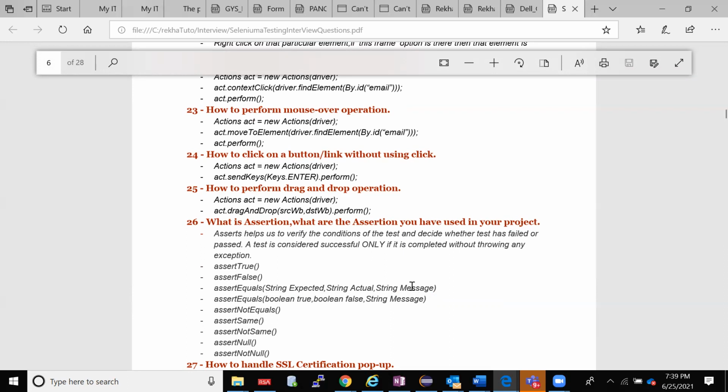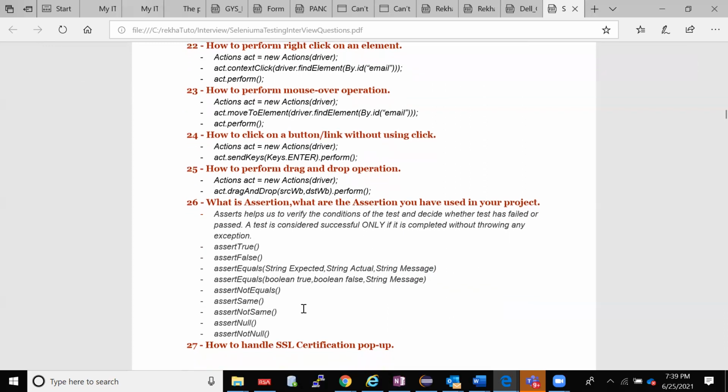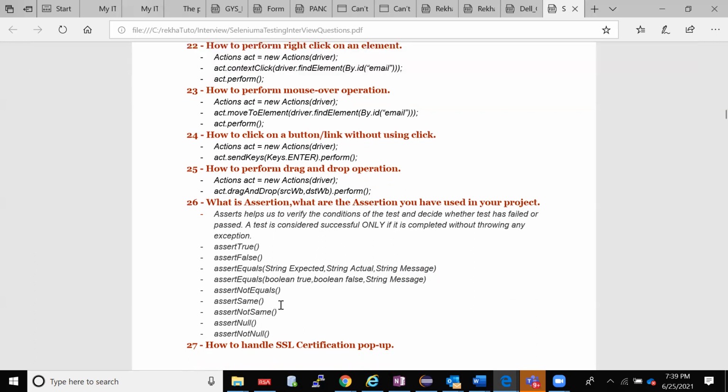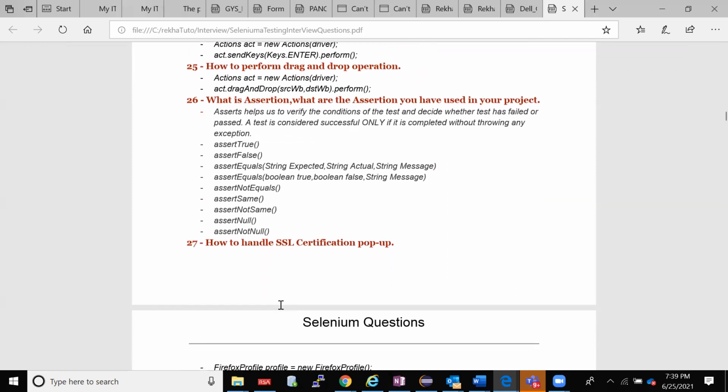In that case, whichever message you are giving here, it will just print that message. Understood, right? In the same way we have many assertions, but in real time we mostly use assertEquals for strings. Or sometimes assertFalse we also use. Only two to three assertions we'll use, and we'll be using them in the framework structure.